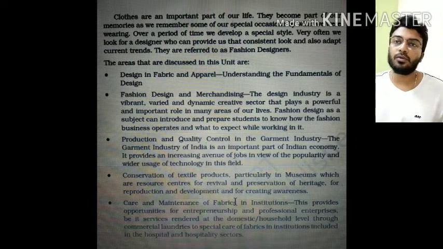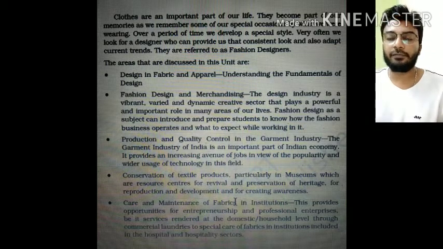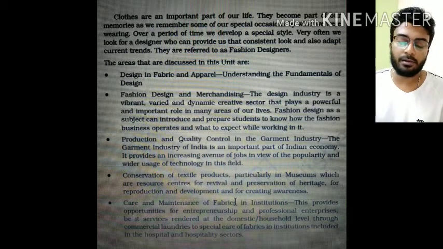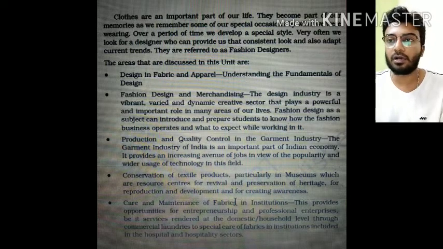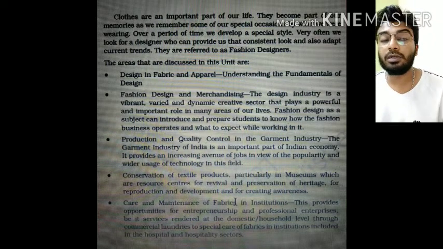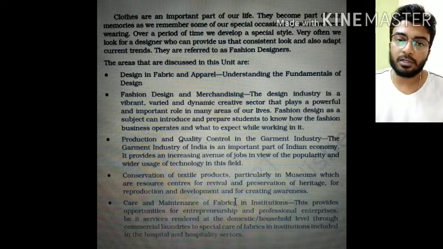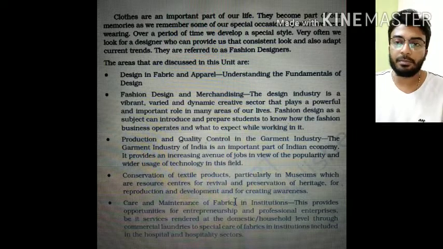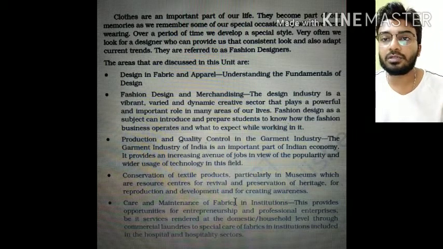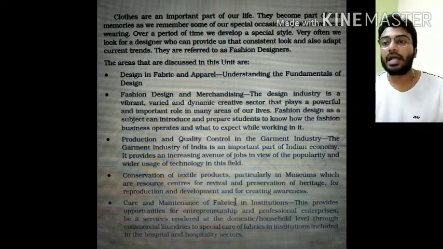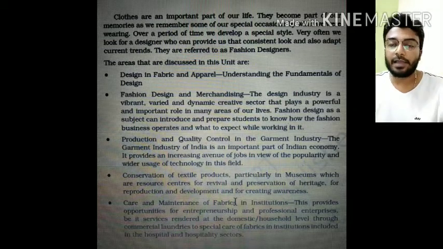So basically, someone who advises you on different kinds of clothing, and arranges dress for special occasions and current trends, to adapt yourself to the current trend, is what we call a fashion designer.